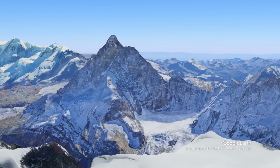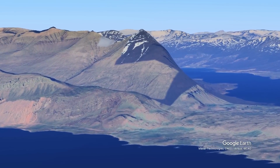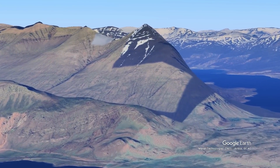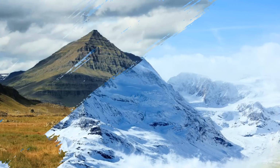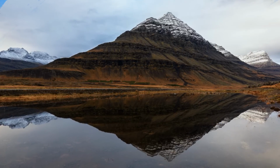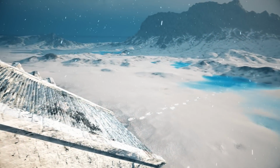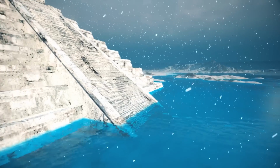Pyramids are found throughout nature. The Matterhorn in the Alps and Mount Ballenstinder in Iceland, for example, are quite similar in terms of shape. As for the official name of these peaks, they're called nunataks, or peaks of rock peeking through a glacier or an ice sheet. Antarctica has way more incredible features, like the fact that it's home to 60 to 90% of